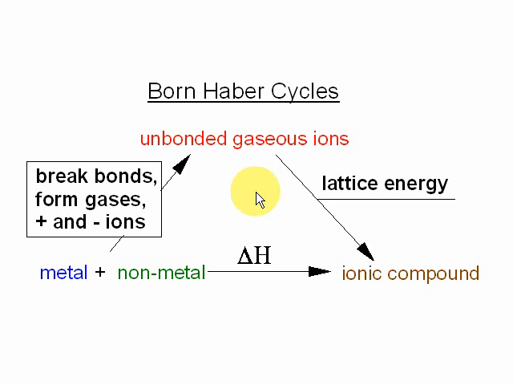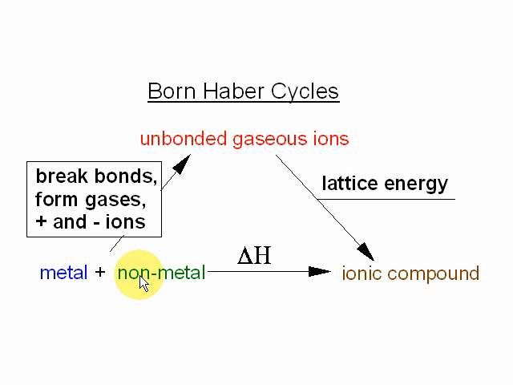Here's an introduction to Born-Haber cycles, and the simplest way which you can represent a Born-Haber cycle is like a Hess cycle. It's a specific type of Hess cycle because you start with a metal and a non-metal and form an ionic compound. At the top of the cycle are unbonded gaseous ions, and therefore to get from the starting materials, the metal